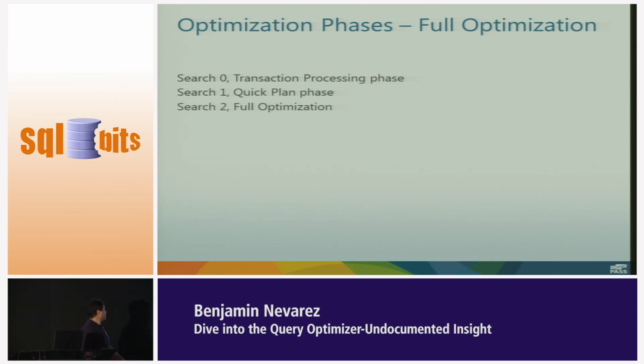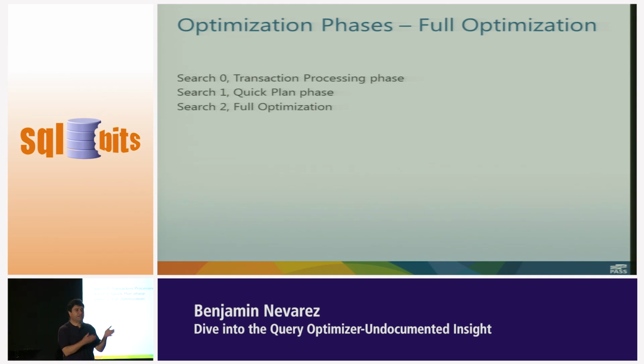Okay, the final topic is about optimization phases and how the optimizer is doing this optimization, right? We have a large number of rules. It doesn't mean that for every query, the optimizer is going to apply all the rules, right? It depends on the features you have in your query. Like we showed aggregations, right? So it's going to look for rules related to aggregations. If I'm joining tables, it's going to look for rules related to that. And also,